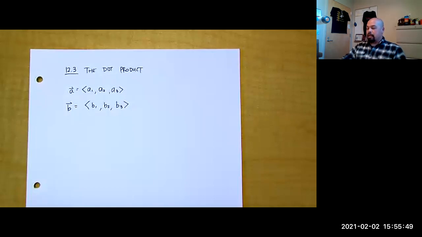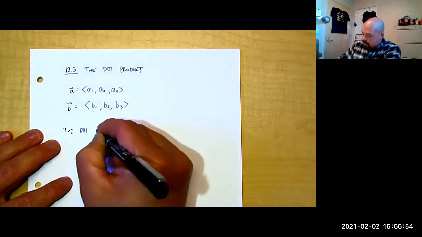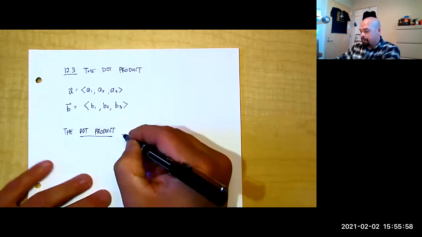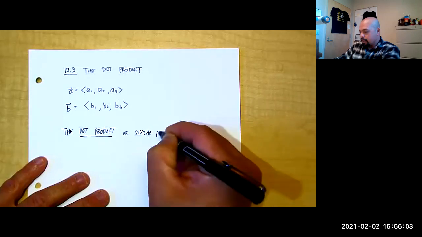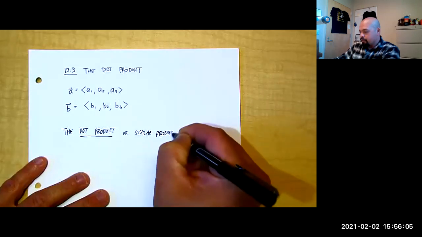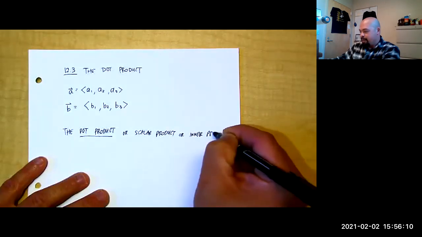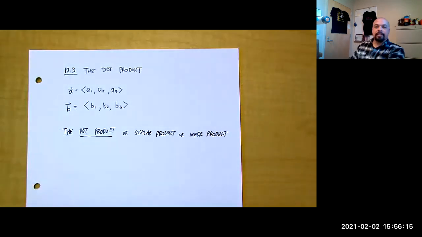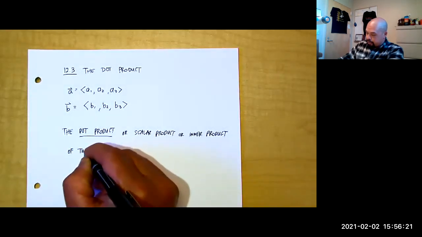And so the dot product, or the scalar product, or the inner product, are just different names for this action. We'll see why it's called a scalar product in a second. But the dot product, the scalar product, the inner product of two vectors